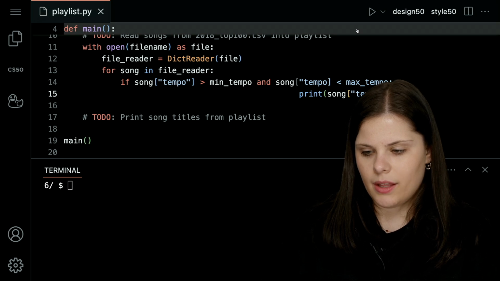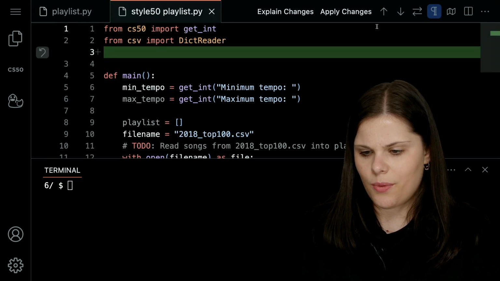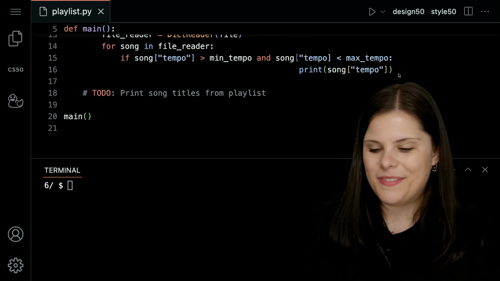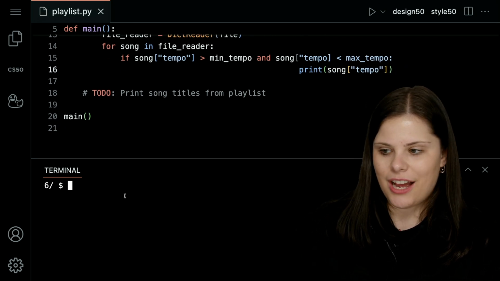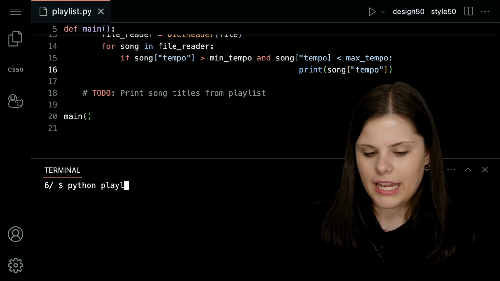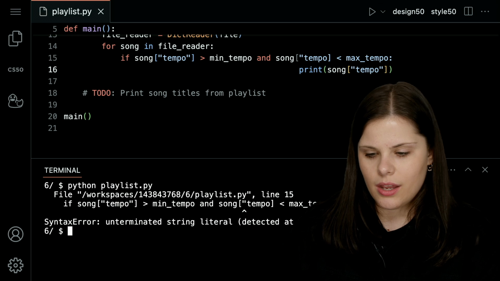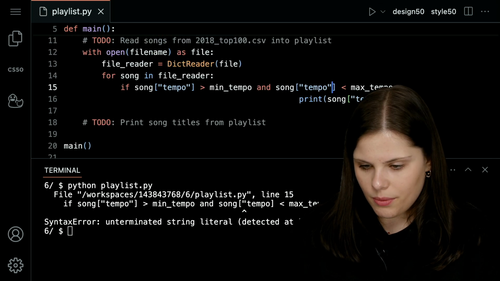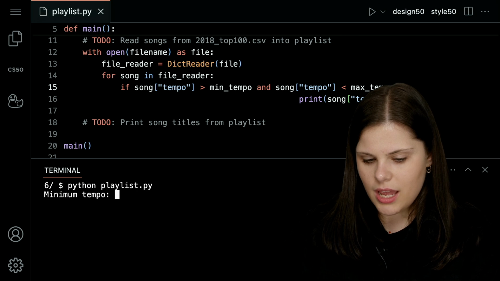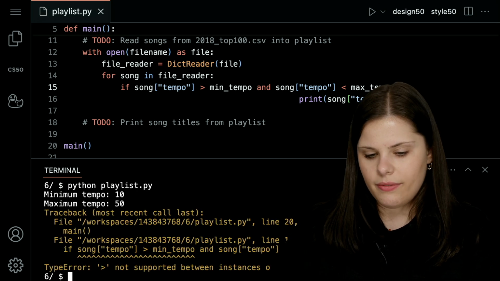Okay, let's style 50 this. I don't know why it's indenting that much. Okay, well, maybe that's how it's supposed to be. All right, so let's just print this out for now. If I run python playlist.py, oops, I forgot a quote. Okay, let's clear this, run this again, 10, 50,